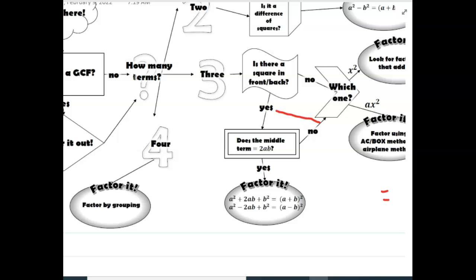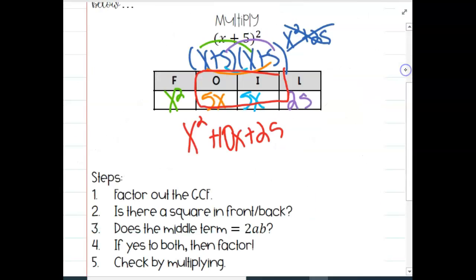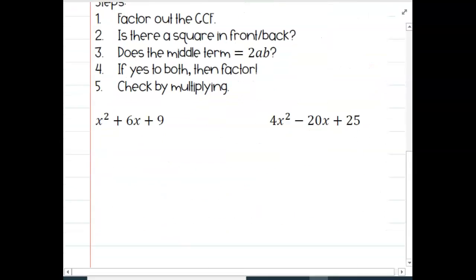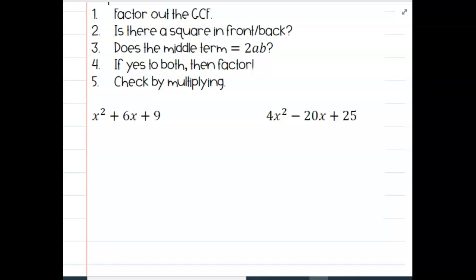And then what you're going to do, it says, does the middle term equal 2 times a times b? I'll explain that more in a little bit. But if you can say yes to all of those, we can go ahead and factor it as a quantity squared. Okay? So let's jump down here, and I'll show you what I mean by all of this. So if I wanted to factor x squared plus 6x plus 9, and we go through this factor flow chart,